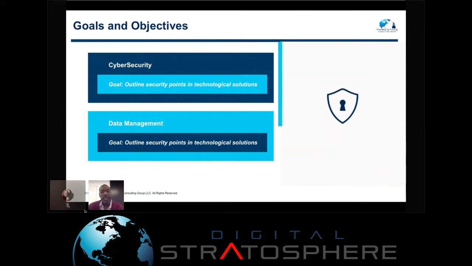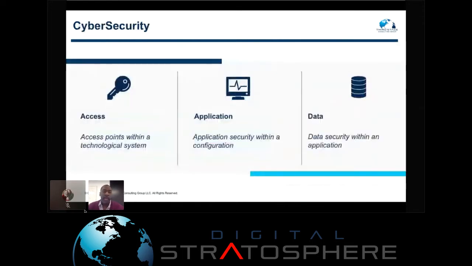Other than that, I think we'll just want to give you a broader view of what's occurring within the cybersecurity space. These are the three blocks that I really want to touch on. First, access. And access is a traditional